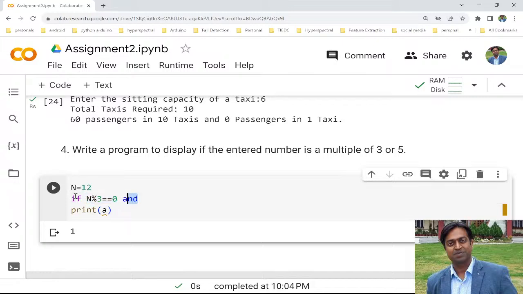And also or n % 5 is equal to 0. If n % 5 equals 0, then it means n is divisible by 5, because only then the remainder is 0. So if either this condition is true or this condition is true, then we will display